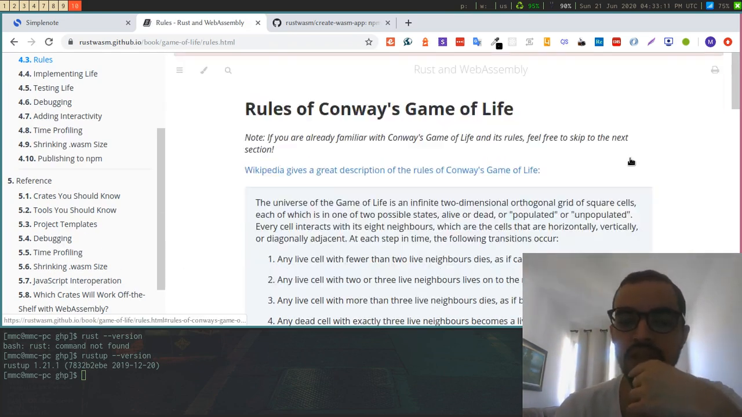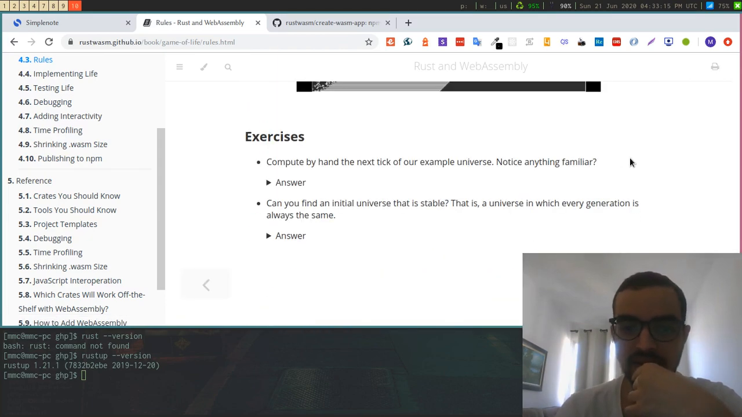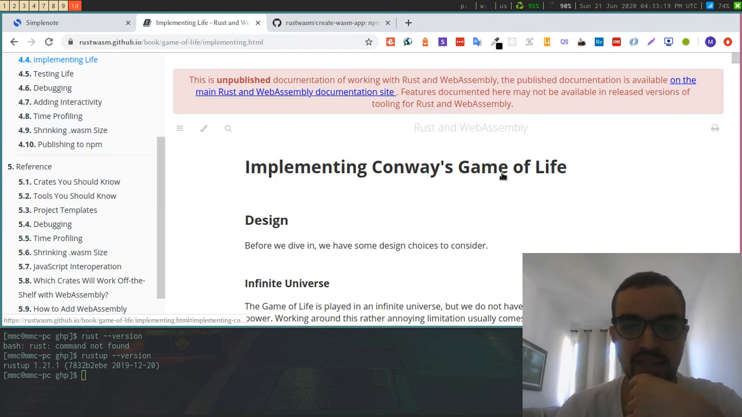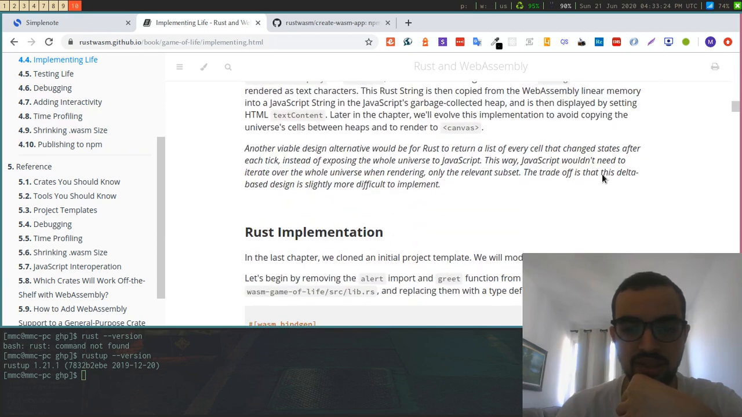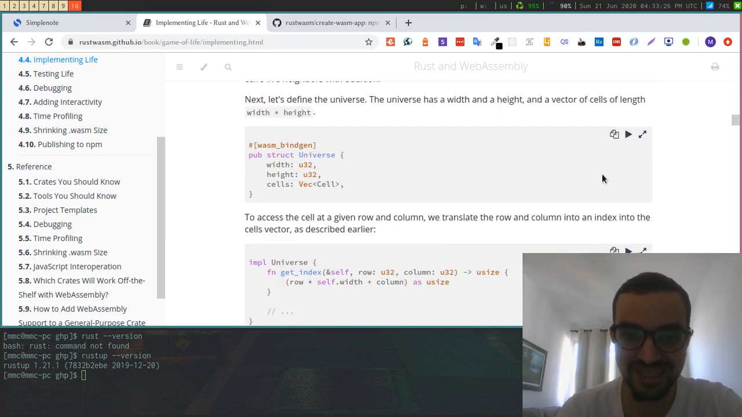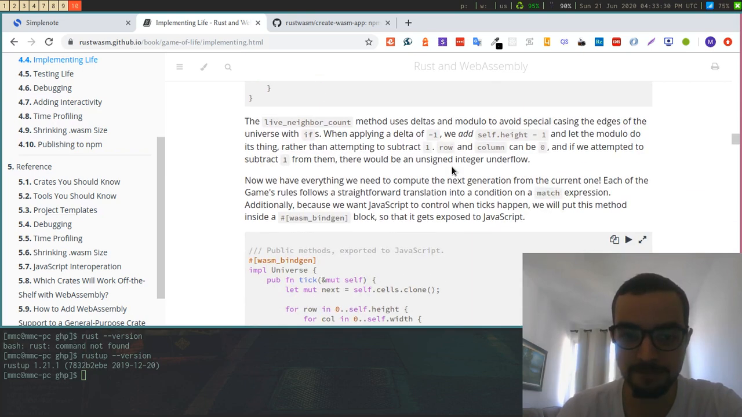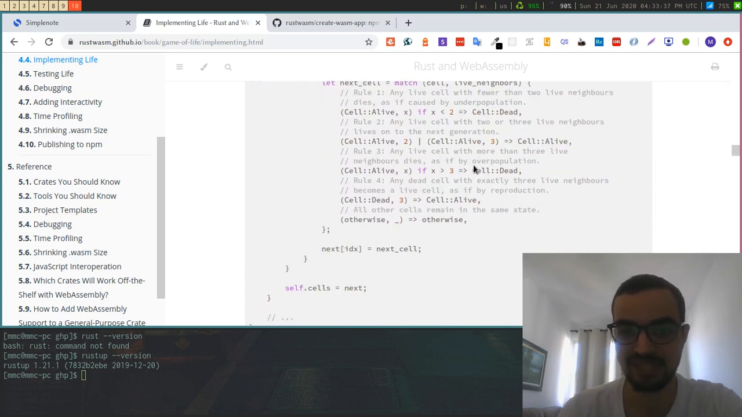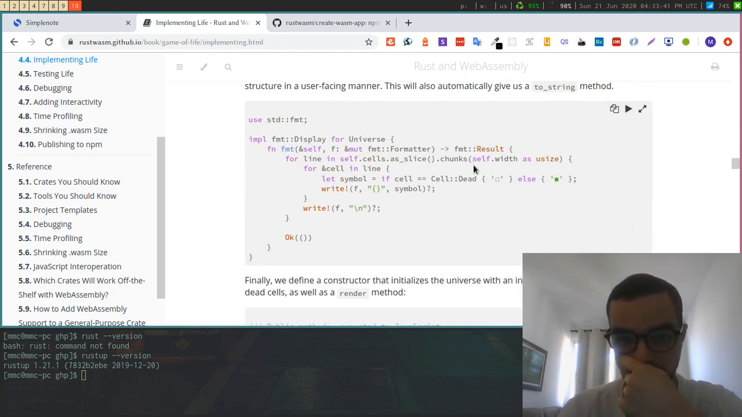Rules of the game of life. I don't care about this. This is the actual game. Implementing Conway's Game of Life design. This is just not related to what I want to learn. I want to learn how to, like, my objective is to print something on the screen, right? How does he print something on the screen? Here's just code to